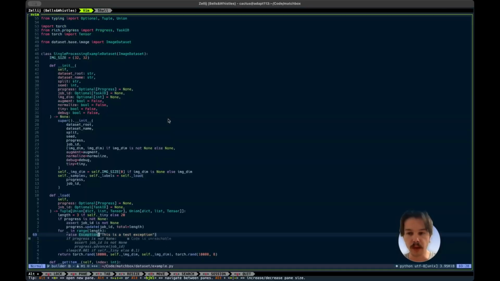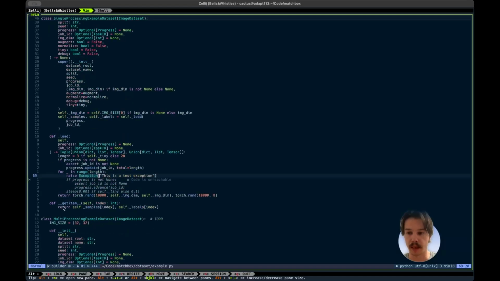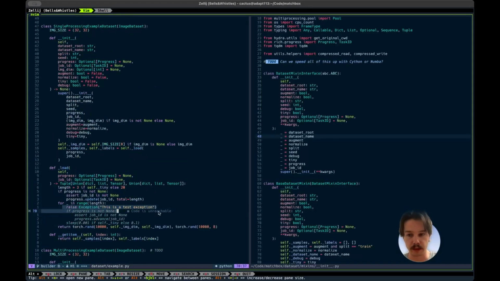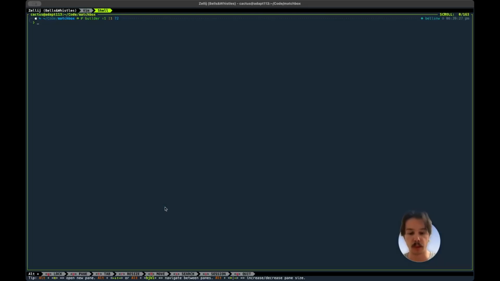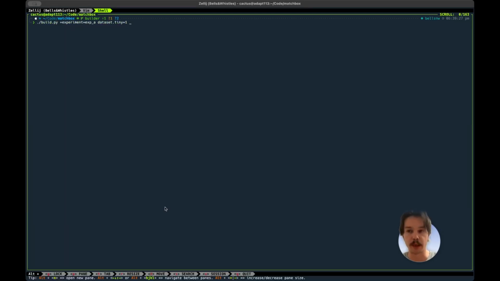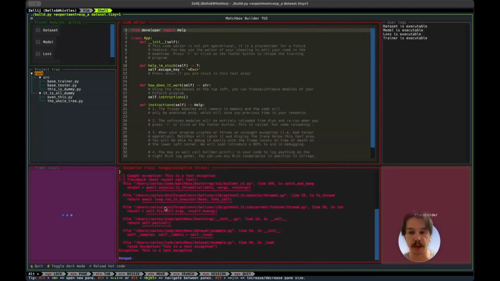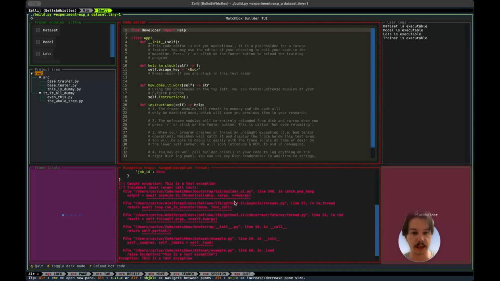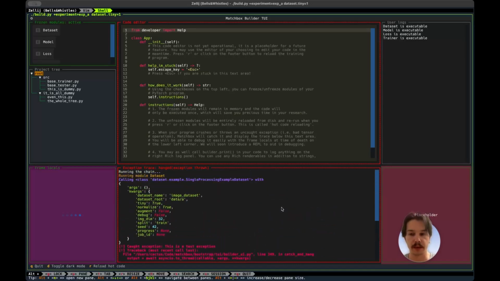I have this simple dataset, and we're going to introduce an error here in the load method of our dataset. Here, we're going to raise an exception on this line on the left. So we should expect this to fail, and we're actually going to use the builder feature of Matchbox. It's now building the configurations, and directly we land in this UI that is designed for debugging your code